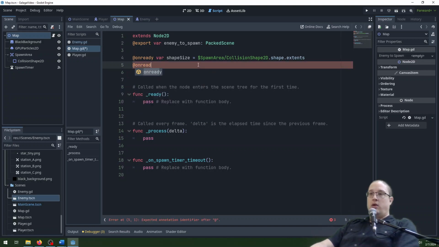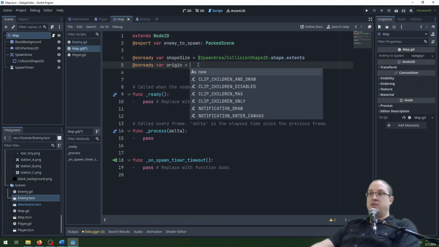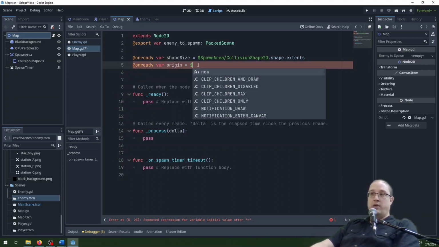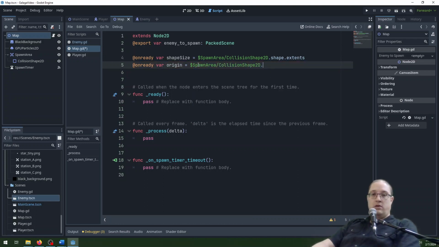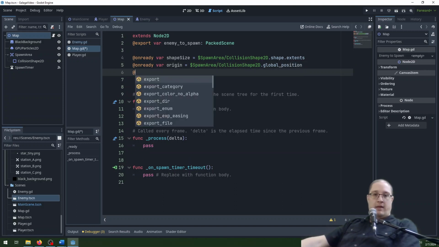I'm going to do another one, onready var origin. So we create a variable for the origin here, and this is going to be the starting point of the spawn area/collision shape dot global position, and then